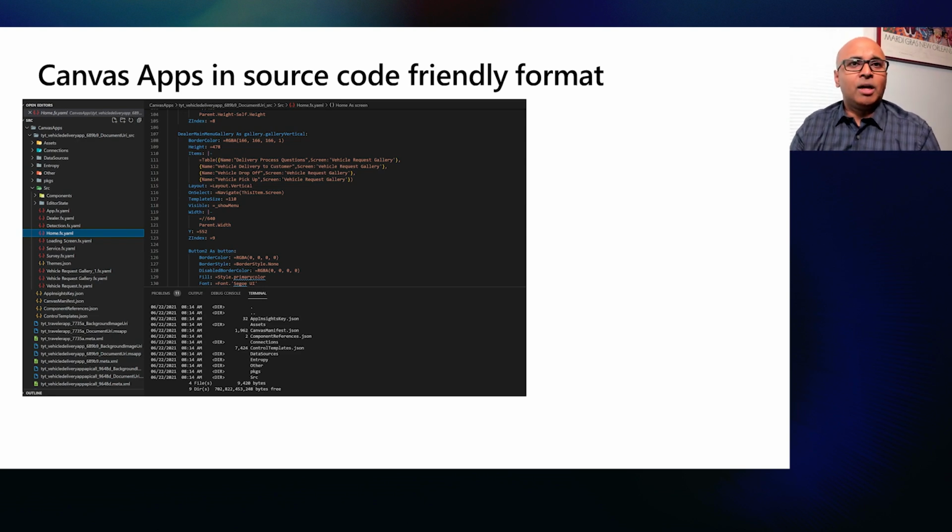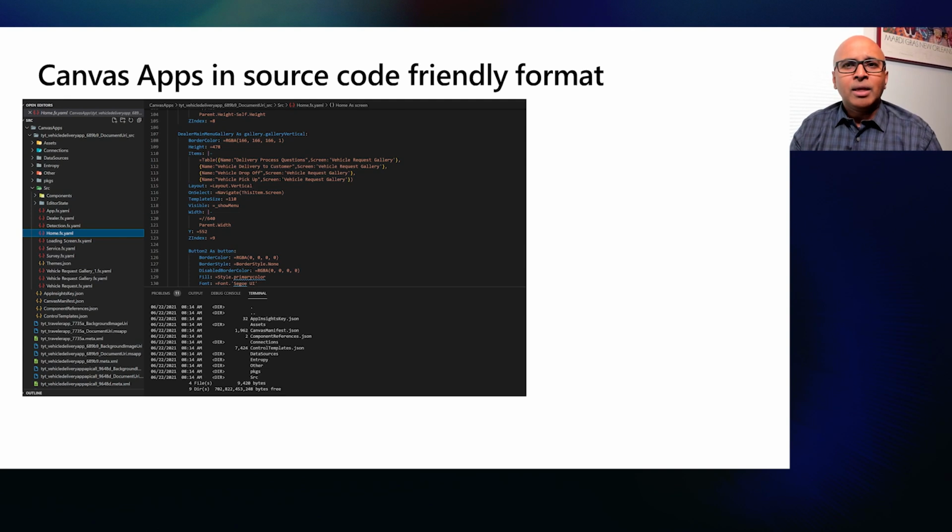Here's an example of one of the features that we shared early in the year: the ability to unpack Canvas apps in a source code friendly format. Here you have a Visual Studio Code interface, and in this case, I've unpacked a Canvas application in a pure YAML format. This is a text-friendly format that now allows you pro developers to understand exactly what's going on